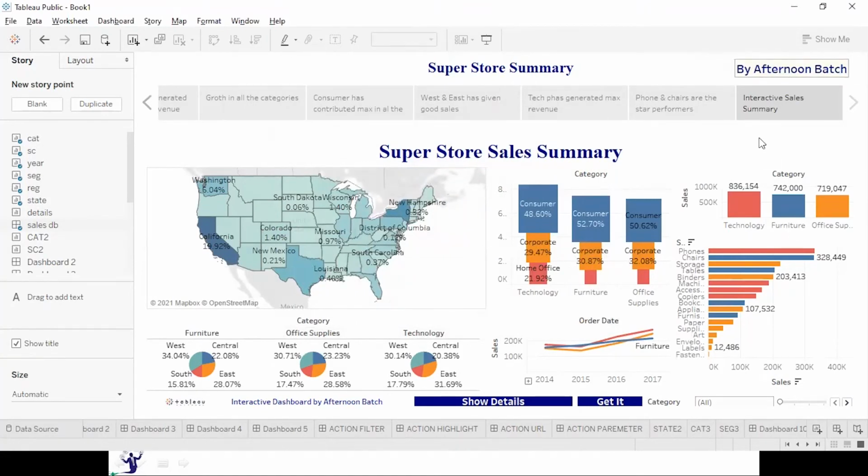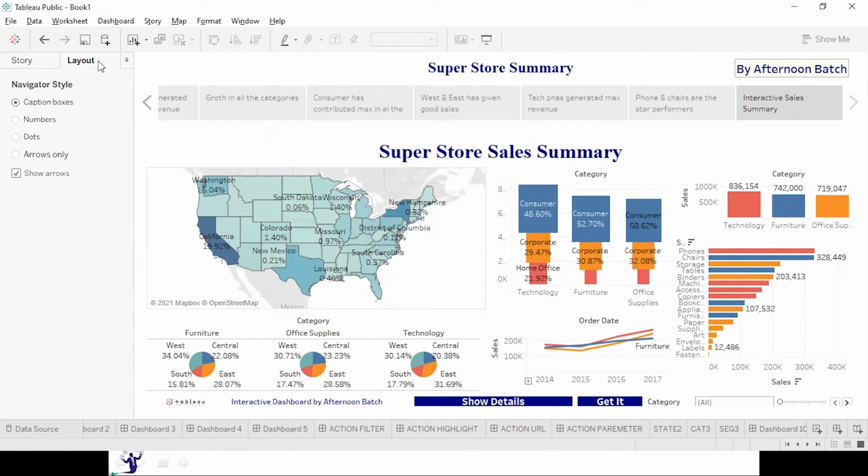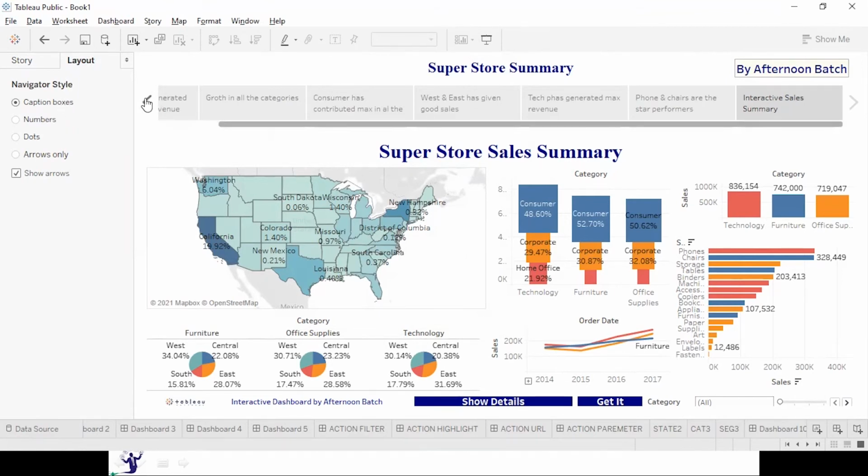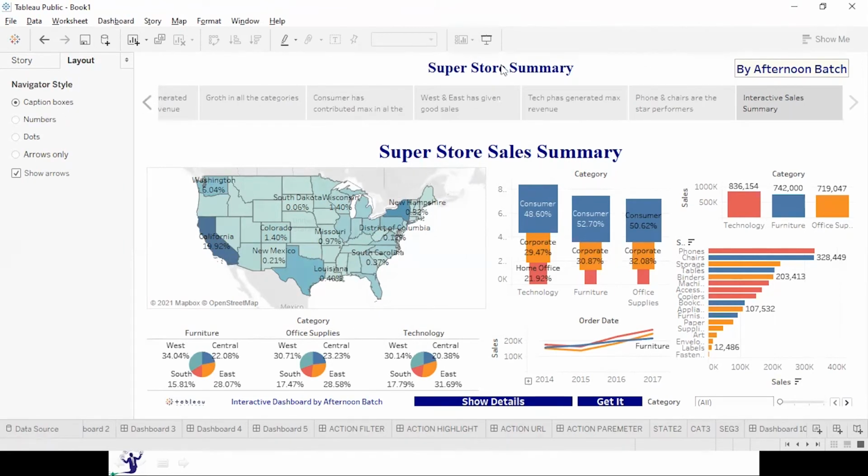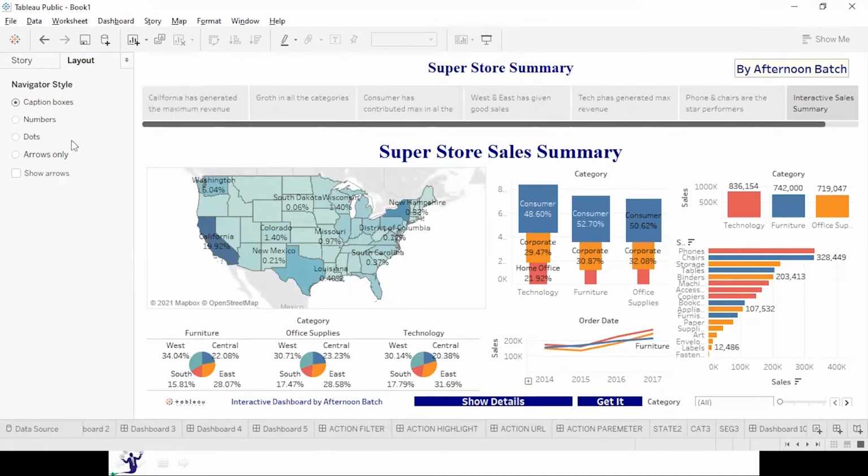Then title size we have already done. We have something known as layout over here. So one is the caption boxes. You can see at both ends you are getting the arrows. If you don't want these arrows, you can remove them. So now you are not getting the arrows over here.